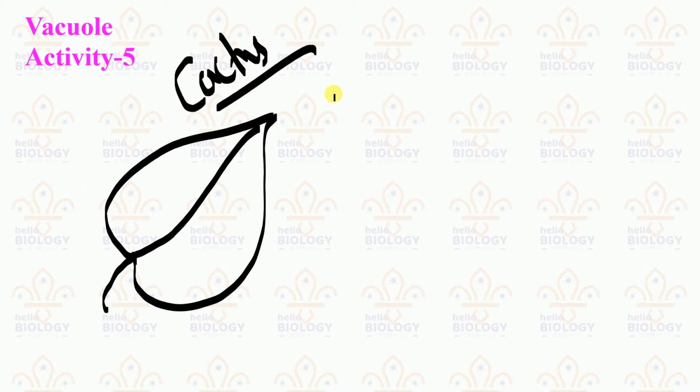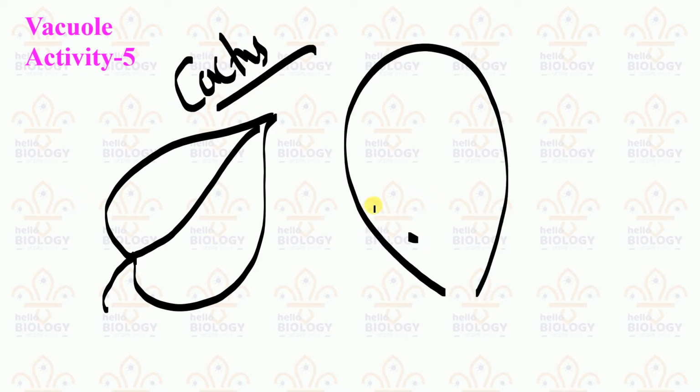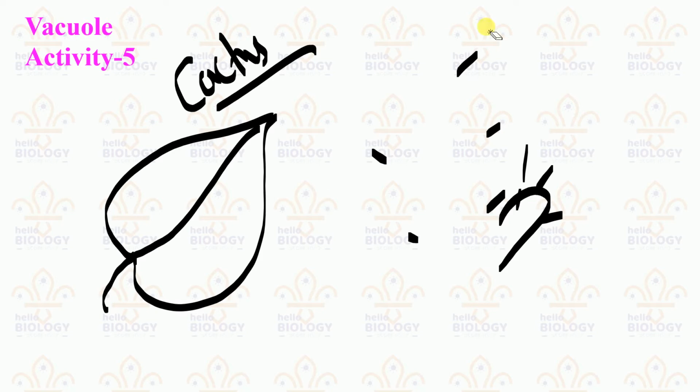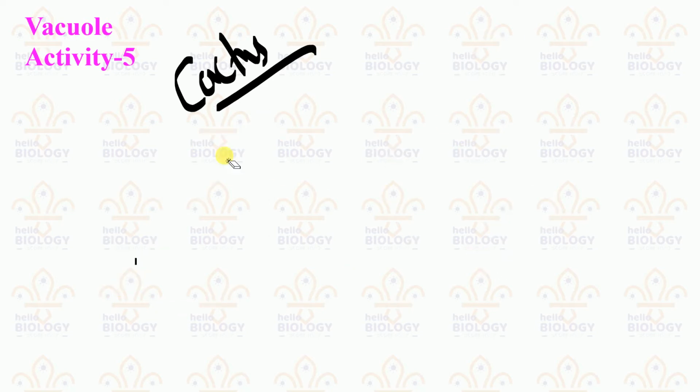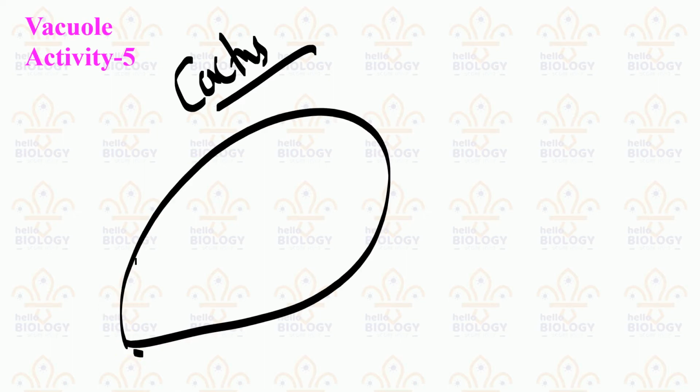Have you seen a cactus plant? It will look like this. Spines will be there, on the cactus. We can see it everywhere. We need to take a small plant and separate a leaf here. That only I will draw here. So it will be like this.